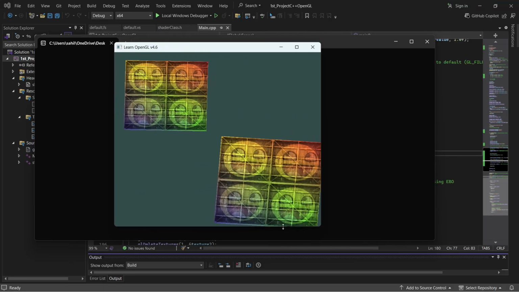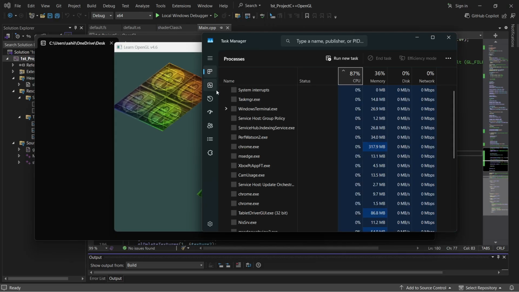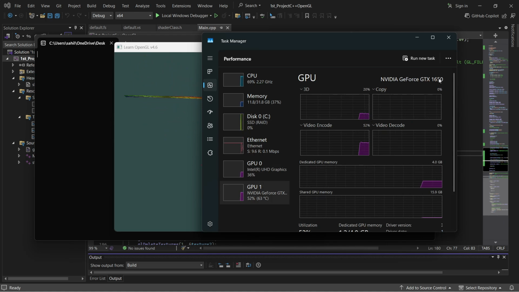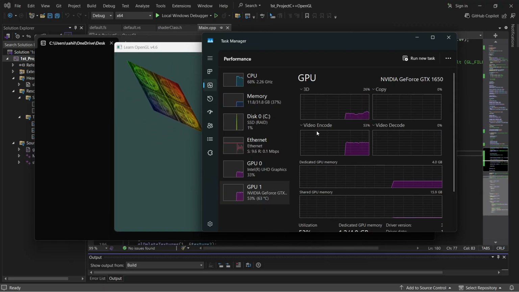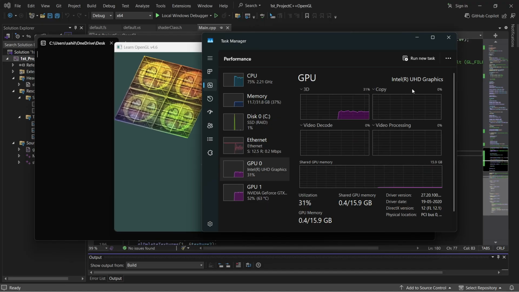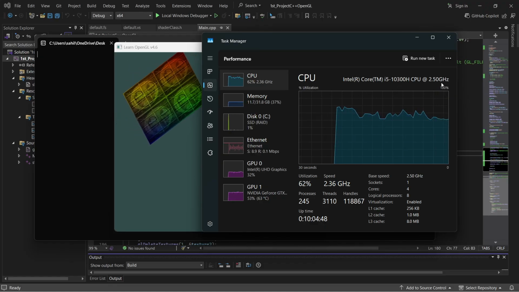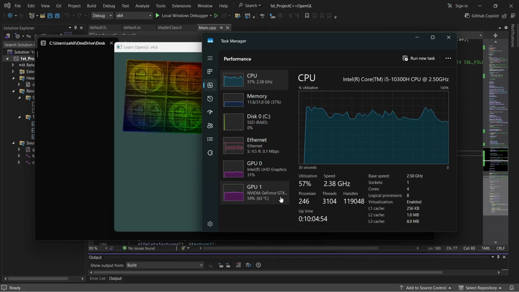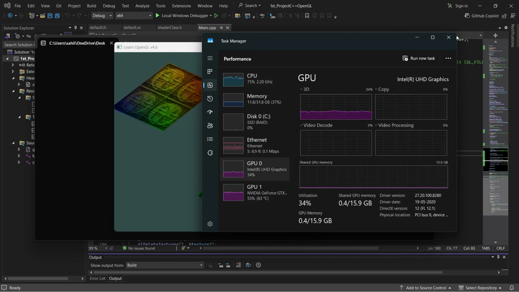And if you're wondering what GPU I have, then you can see I have a decently powerful one. It can handle most tasks I need to do. NVIDIA GTX 1650, and you can see it's going for 3D and video. I'm not sure why it's doing that. And this is the integrated one that comes with my processor. And I have this processor i5-10300H with 2.5 gigahertz, boost clock up to 4 gigahertz. So this is also decently fast. Not that good, but decently fast because it has only 4 cores. So it's not bad at least. Anyway, so